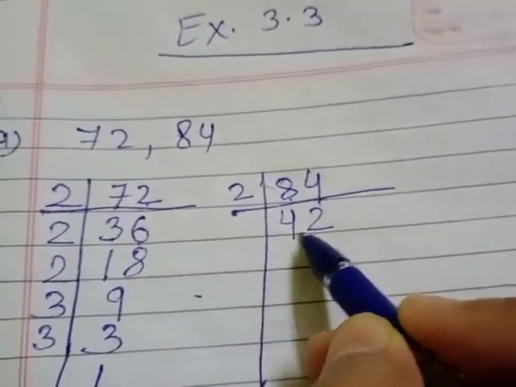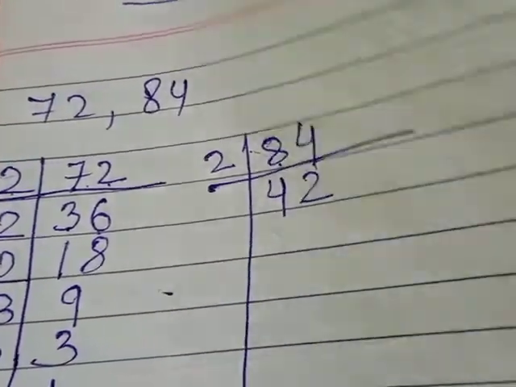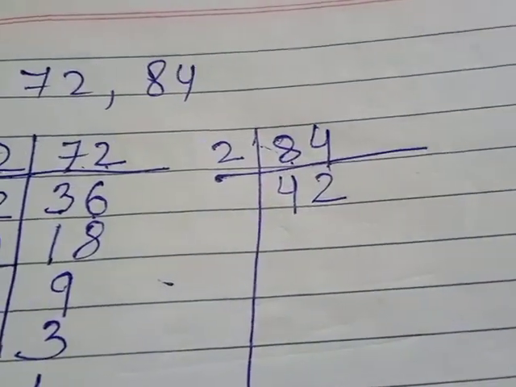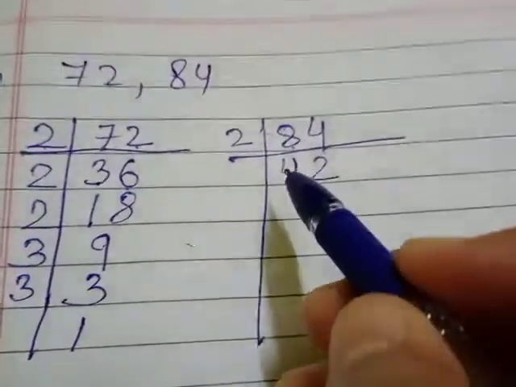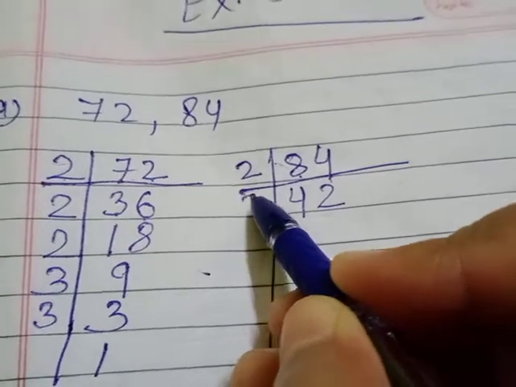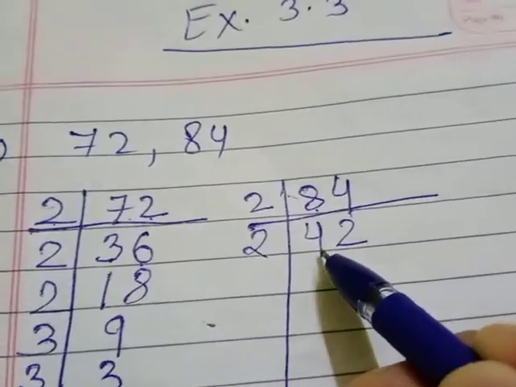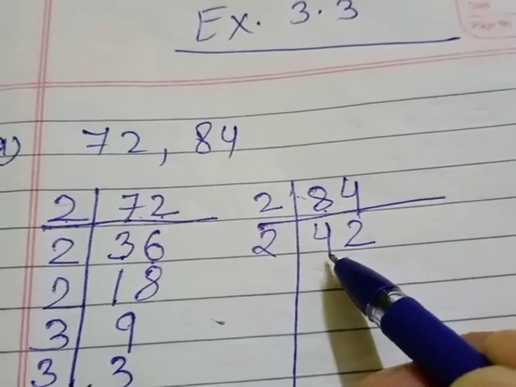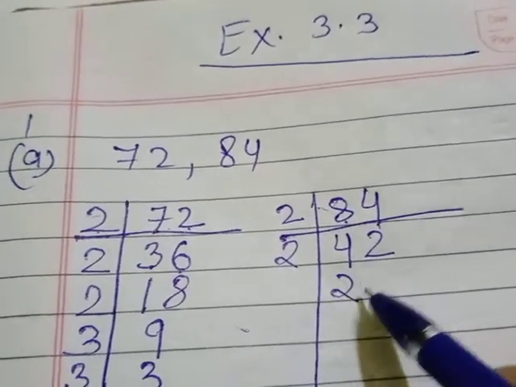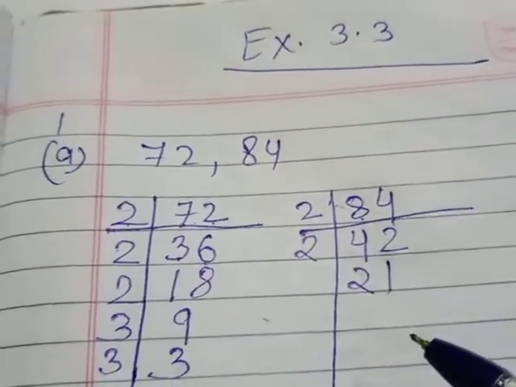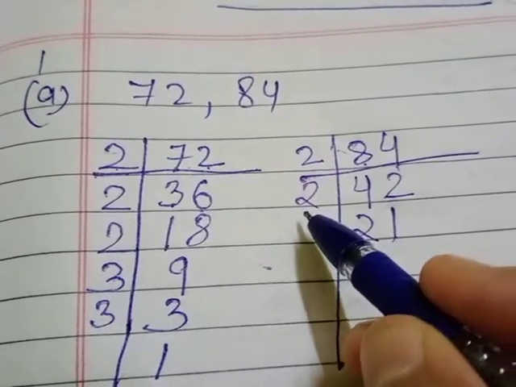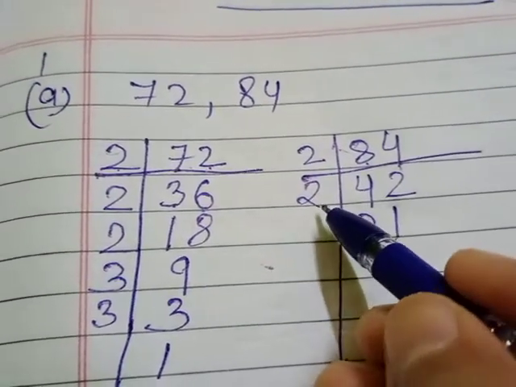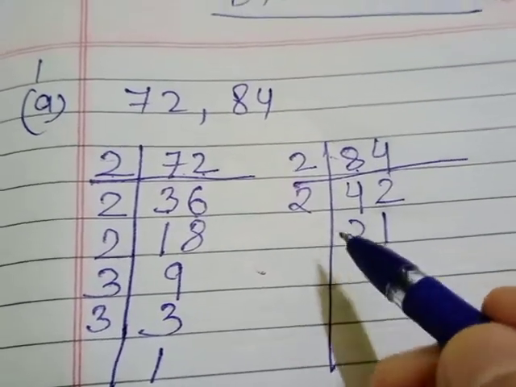Again, you will see whether 42 is coming in the table of 2 or not. Yes, because in the ones place is an even number. So we'll write here 2 again. We will see the first digit first of all. The first digit is 2. That will come 1 time, and this 2 will come 1 time. Now we have the number 21. Is this 21 divisible by 2? 21 is not divisible. We'll shift towards 3.